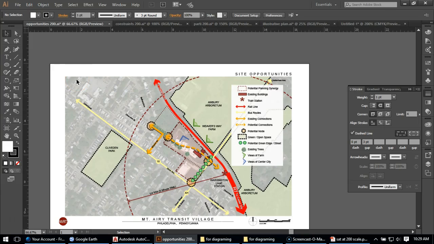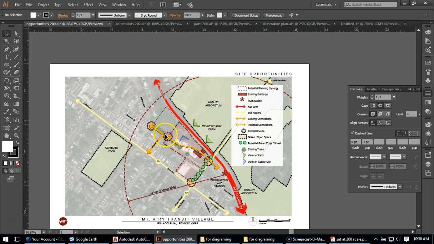Hello class, I'm going to show you something else you can do with line strokes, which I actually didn't use in any of these diagrams, but I thought it might be useful to show. It's the last bit of information in the style box I haven't gone over, which is profiles. I didn't use it for these diagrams, but basically what it can do is